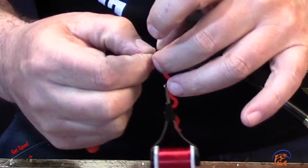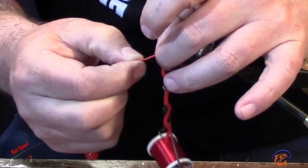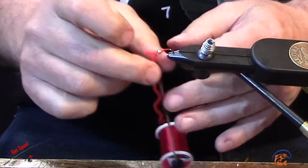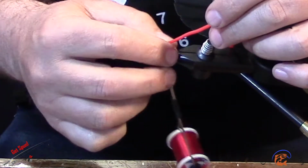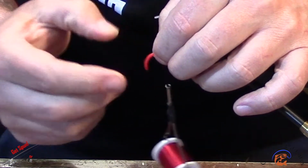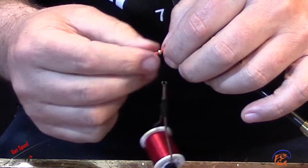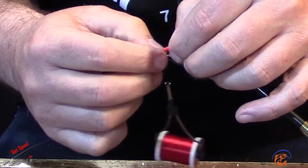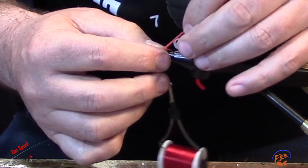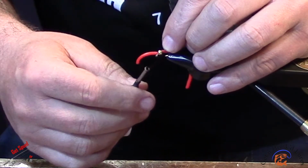And once the squirmy worm starts to come through the bead, then I grab the worm and pull on the worm instead of pulling on the bobbin threader because I don't want to cut my worm. I'll moisten that a little bit more and slide a bit more through until I'm happy with the length of worm I got through there, and I'm pretty happy with that. We'll slide that up, and then I'll take a loose wrap of thread around the worm and the hook shank